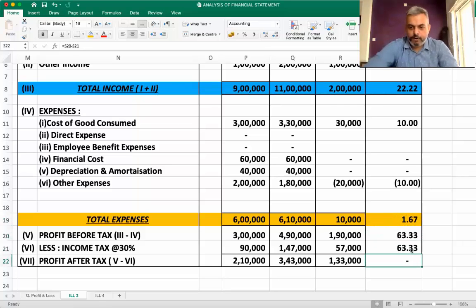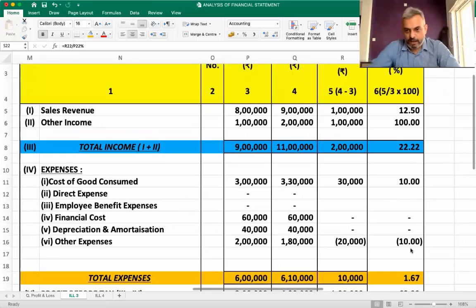Same 63.33 because it's 30% flat, and 1 lakh 33 divided by 2 lakh 10%, again 63.33. So overall profitability has increased by 63.33%. Now why has it happened? Because revenue has increased by 22.22%, whereas expense has increased marginally only